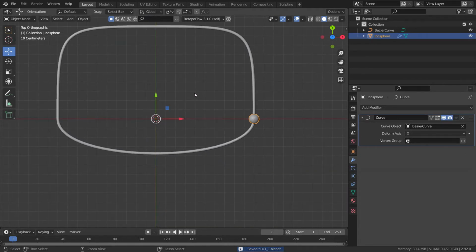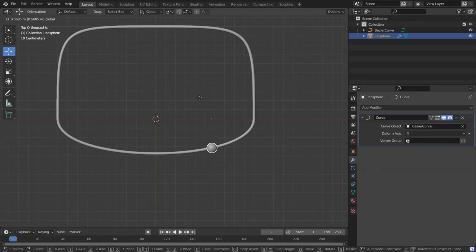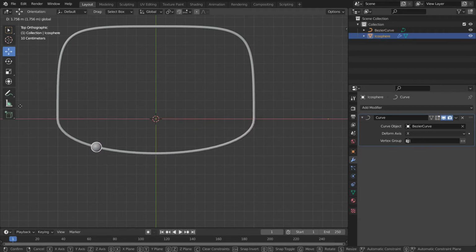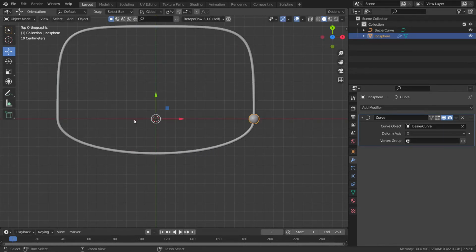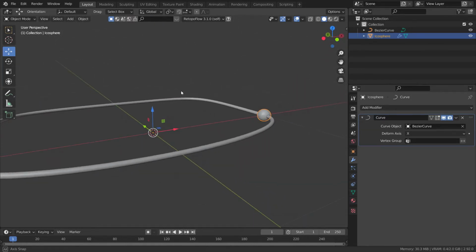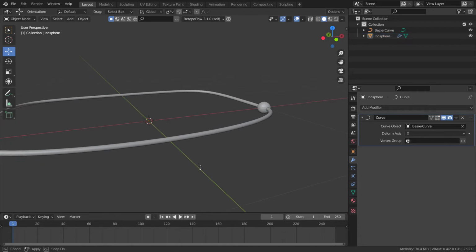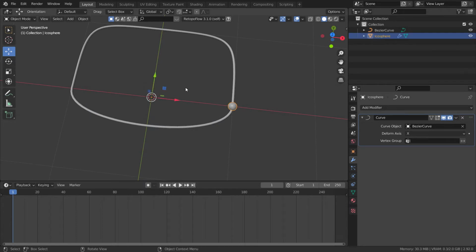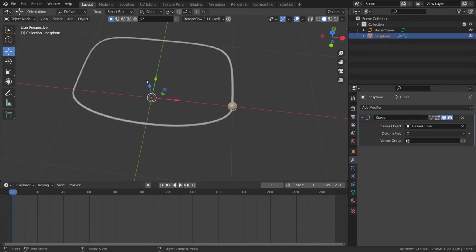And then after you are done with this, as you can see, if I move my ball in the X direction, why X direction? Because the deform axis is set to X on my modifier. So if I grab it on the X axis, as you can see, it has started to move in the wire direction. So you can do that. Now what you can do is keyframe animate this, or you can use drivers. If you look at this, it's moving in my X direction.